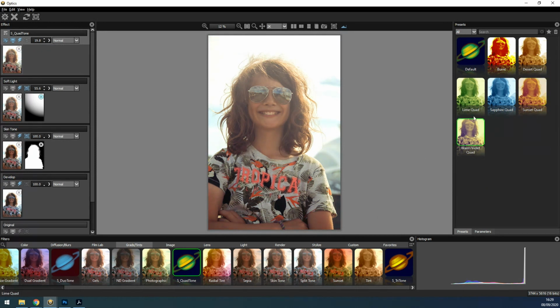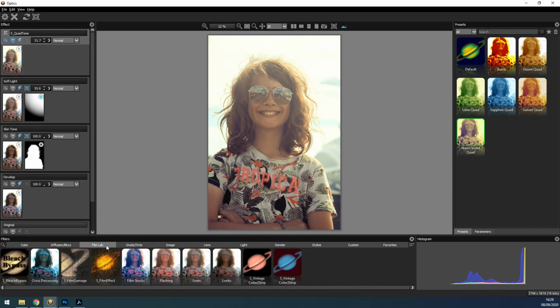I can swap that out. Maybe the warm violet quad. There we go. You know, it's another sort of classic look. Love that one. But I'd say probably 80% of the time, I'm going to go for one of these effects for this finish,